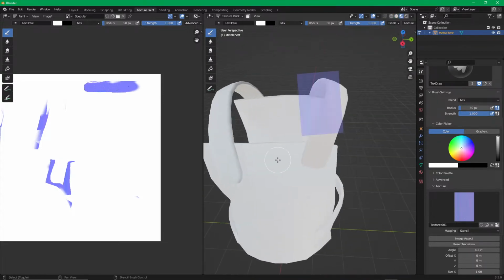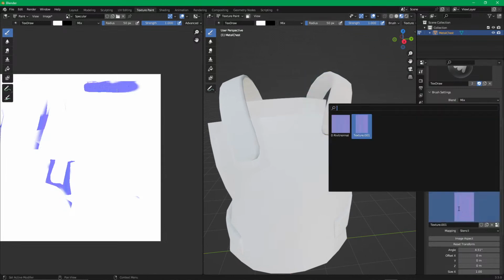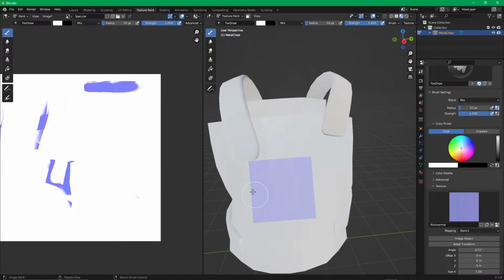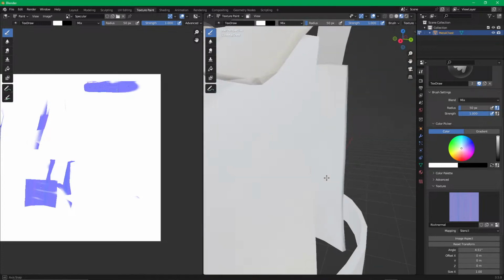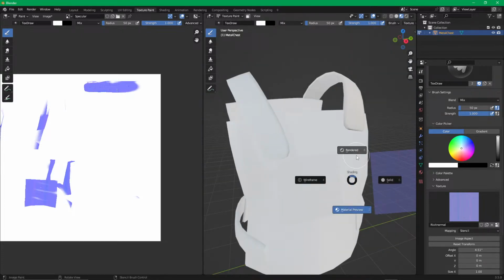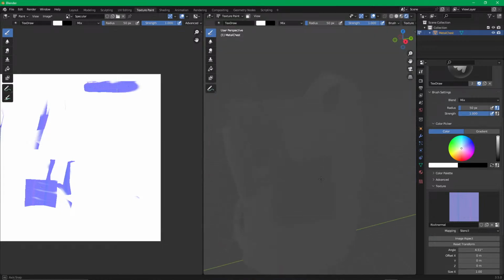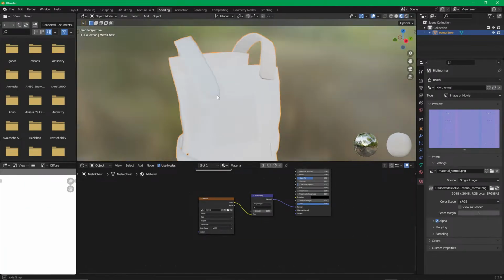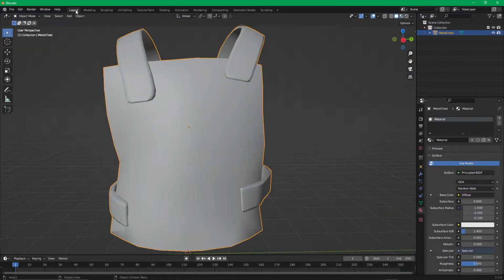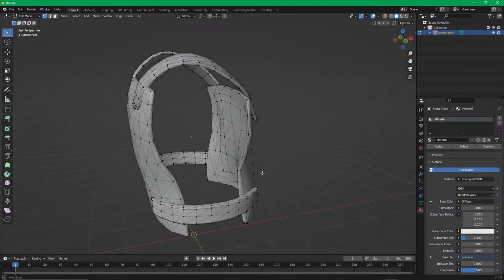Yeah, you can't see much through the material preview. Let's do the original rivet. It seems like it's going on alright, but again, it's tough to see. This is one of those paradoxical things where it's like, do I paint the textures first or do the detail and then paint onto the detail to see what I'm doing? Actually, before I do anything,